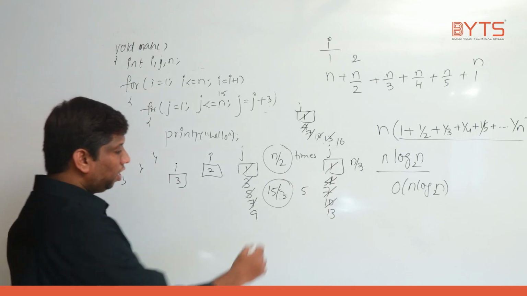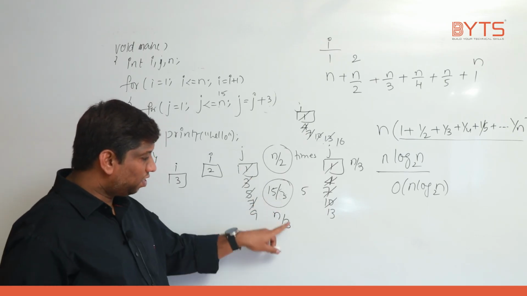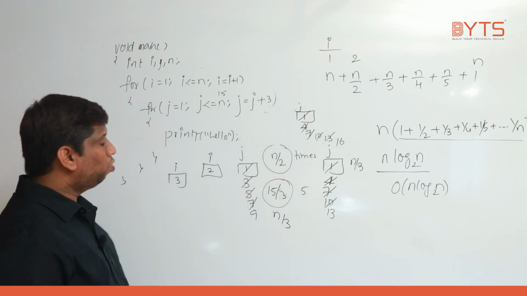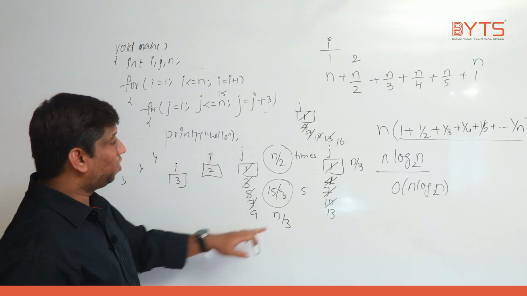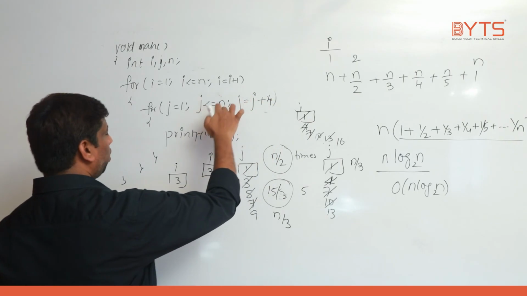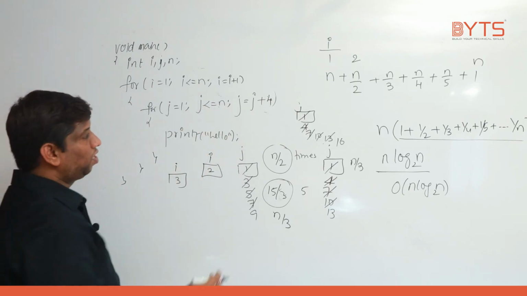That is what we are telling, right? n by 3. So if n value is 15, 15 by 3, the loop repeated 5 times, because I want to get 5 as a number, right? So that is the reason the loop is repeated n by 3 times. Same case if you put 4, whatever the value here, this loop will repeat how many times? n by 4 times. Understand?